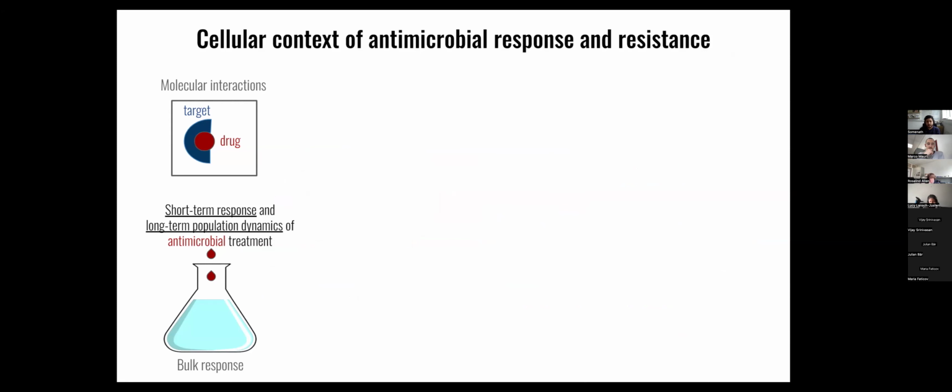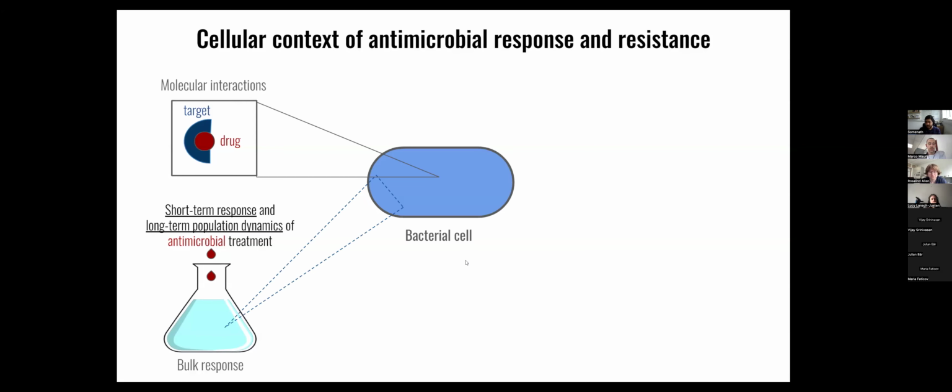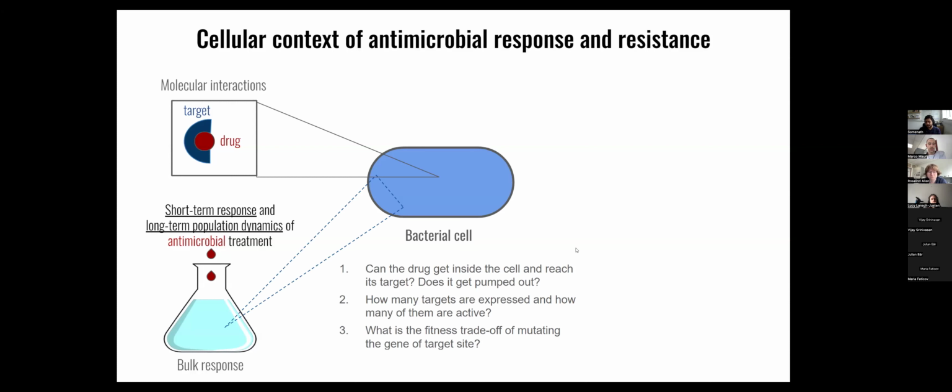The reason being, we believe that often how a drug molecule interacts with the target is well understood, and how the population-level response of bacteria towards this drug happens can be well characterized. But to really understand the response of the population at short and long time scales at a mechanistic level, one needs to understand the cellular context, because it is the cell that determines whether the drug can actually get inside, whether it can reach the target, and whether it gets pumped out,